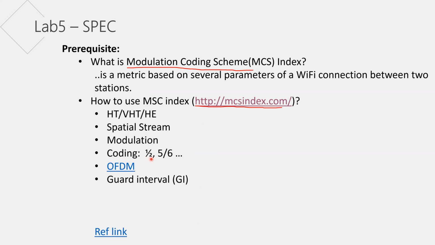And the coding, I think this one is related to the calculation, right? We always need to calculate the coding rate or something like that. So what does this stand for? It's just an indication of how much of the data string is actually being used to transmit usable data. So which means the efficiency, for example, this one,